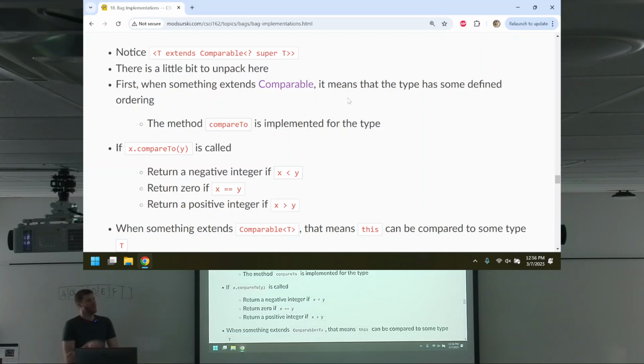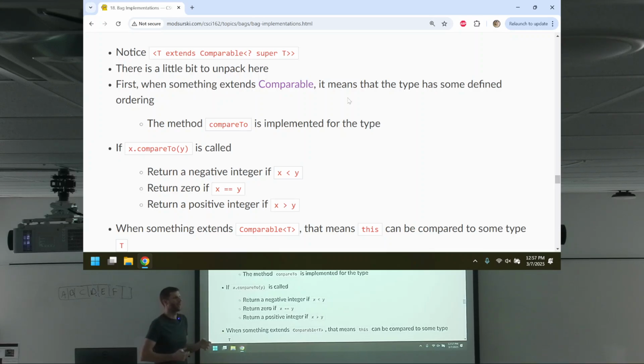Comparable: if I have a class that implements Comparable, that means that this method must be implemented. Other methods can exist, but like a queue, if you implement a queue, you must have certain methods. For Comparable, this is the only one that we have, and it has very special rules on how we'll use it.